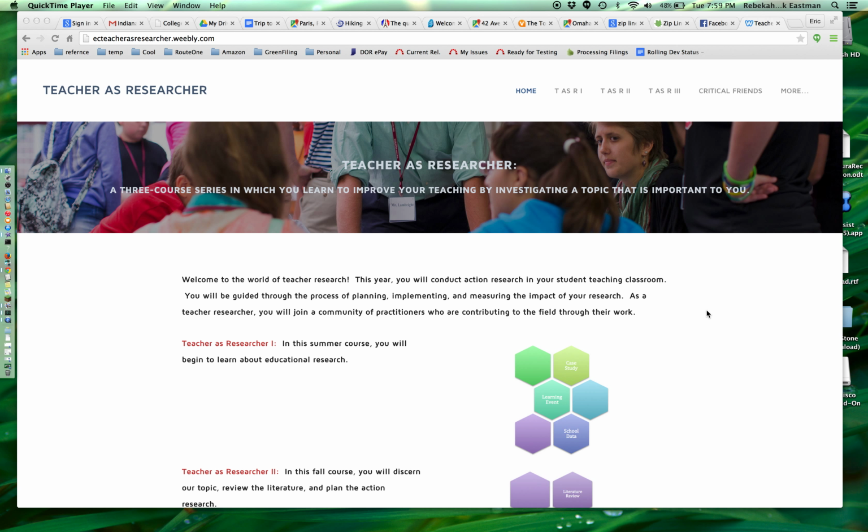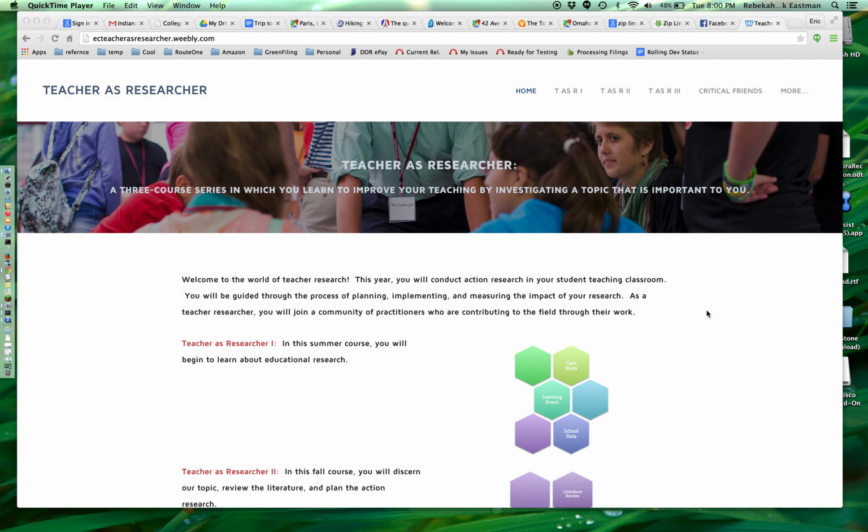The objectives for this series of courses is for my students to learn to test assumptions and use reflective practice, to use data to make changes, to learn basic theory behind action research, to learn about different types of educational research, to explore evidence-based practices and to craft a literature review based on those, to collect and analyze data based on their own actions, to reflect on this data, and then to share the data in a presentation that they